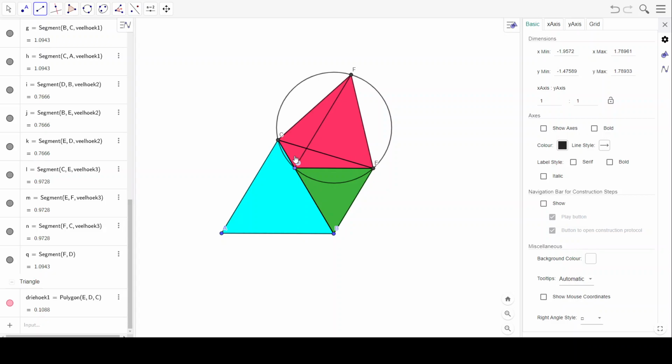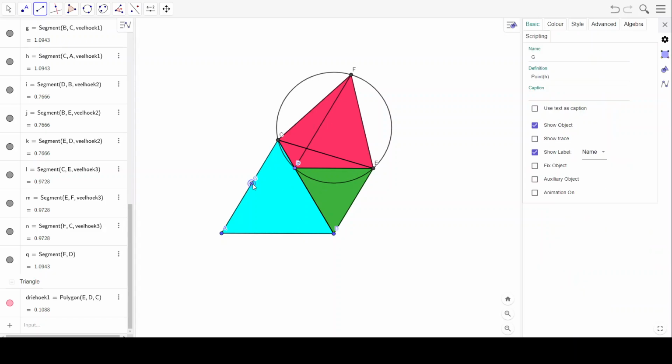So we have here an angle of 60, and also this angle is equal to this angle, which is also 60. So this line bisects the angle of 120 degrees,